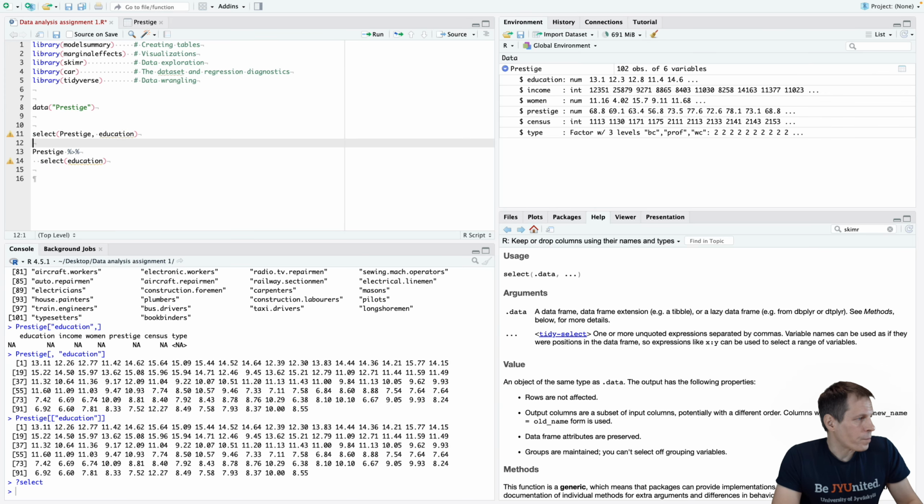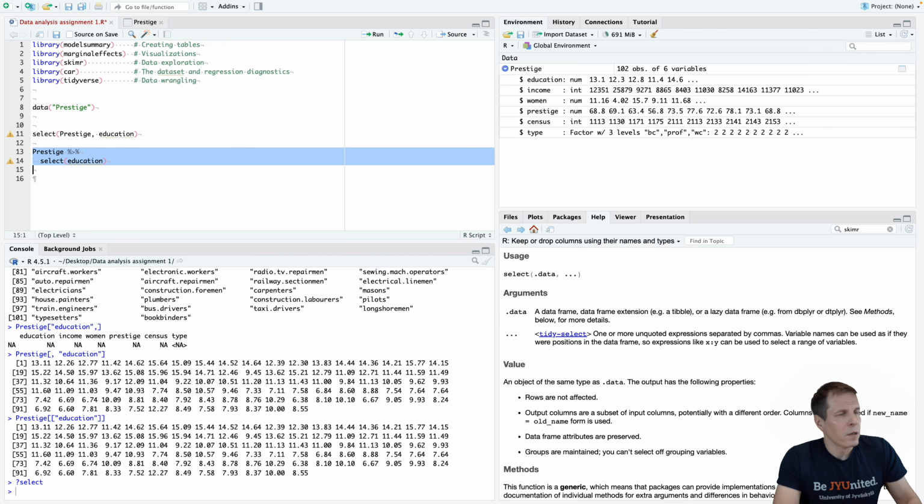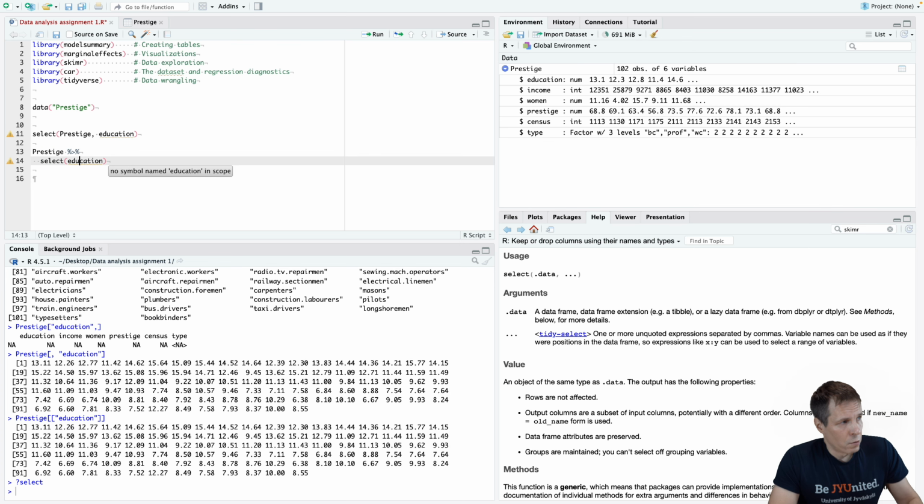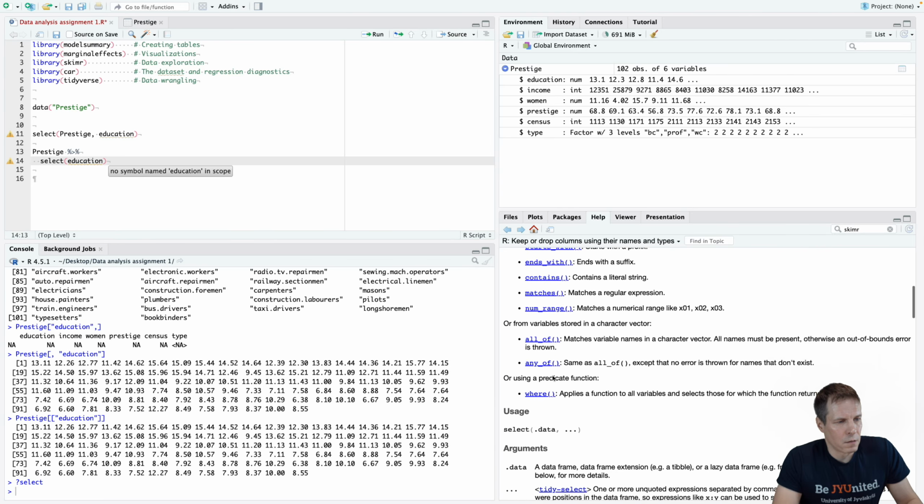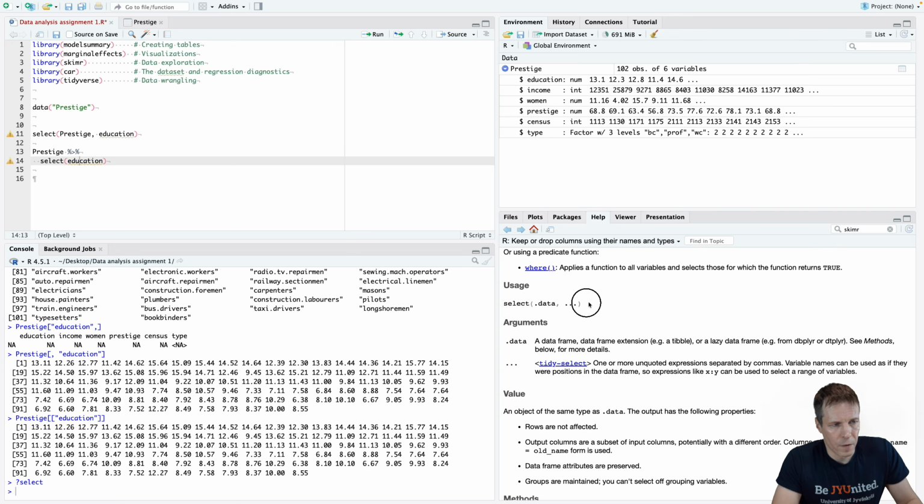All right. This is another way of doing functions in the tidyverse style, and this is called a pipe. And the idea is that you take the prestige, and then you use a function to apply to the prestige data. And if we look at the select function, it takes data as the first argument. And this is a way of